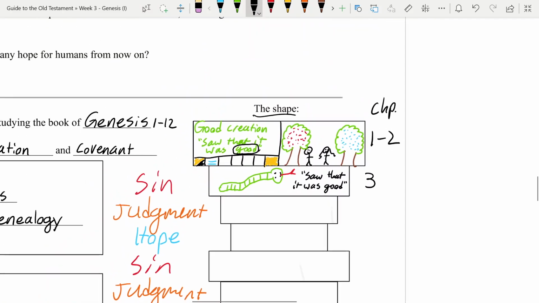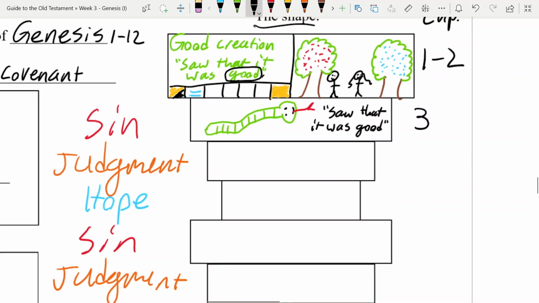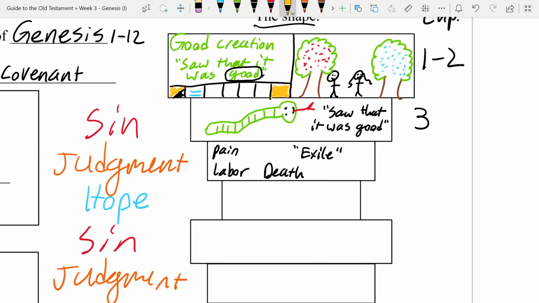This is one of your discussion questions up here, by the way. What are the consequences of Adam and Eve's sin according to Genesis 3? And there's plenty, right? There's pain in childbirth. There's hard labor for Adam. There's death. And all of these, I think, should be understood under the rubric of exile. Whereas previously Adam and Eve were with God and they were experiencing his glory, right? This was a good place for them to be in his presence. Now they're sent away from that blessing and that presence. And these results of death and the ground being unfruitful and pain in childbirth are the results of that.